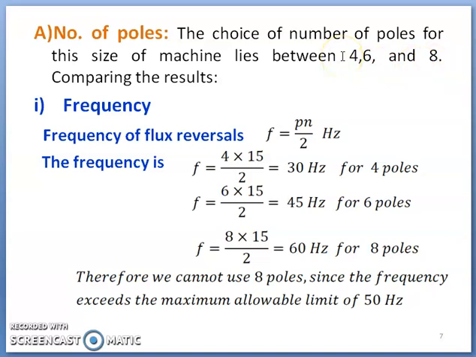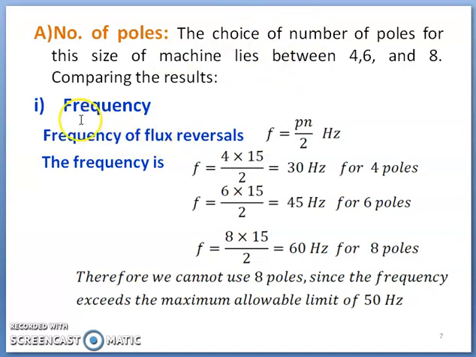See here, in case of AC machine, number of poles are fixed by speed and frequency, but in case of DC machine there is no hard and fast rule that this many number of poles must be fixed. But by seeing the many guiding factors for choice of number of poles, the designer can fix the number of poles by taking these design guiding factors as deciding factors or limiting factors, then finally he can fix the number of poles.